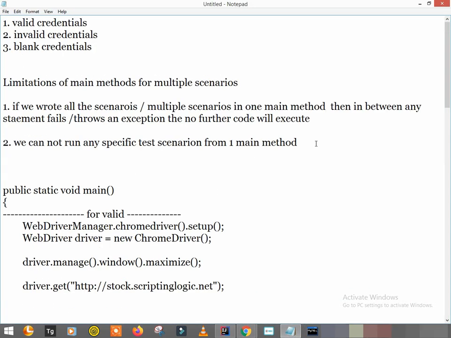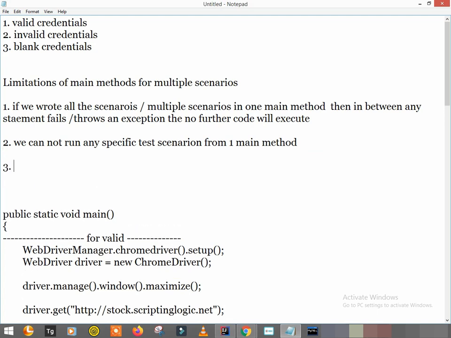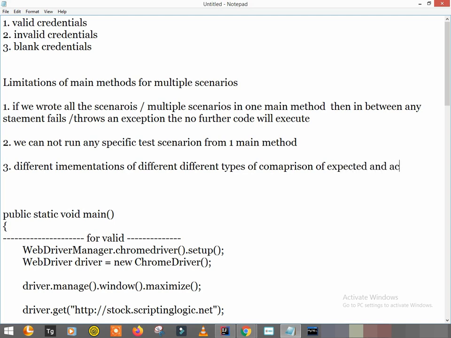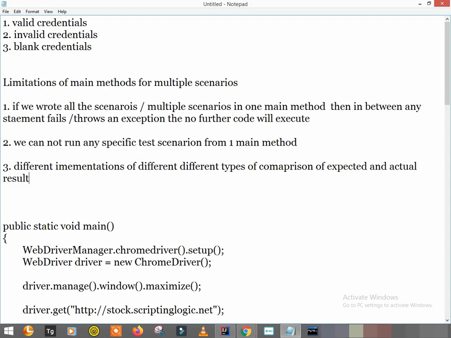So let's write the limitation, right? The third limitation, I believe, is different implementations for different types of comparison of expected and actual results.